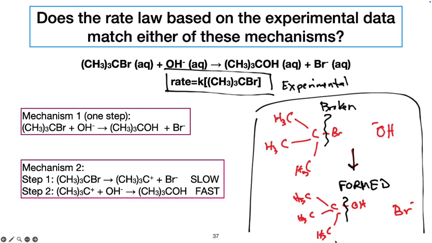And so what someone went through and did is looked at that overall reaction and said, well, how could that possibly happen? So their brain thought a mechanism. They said, both those things happen at the exact same instant, which means one step. Or we break the bond first, then we make it. Two steps. So these mechanisms,